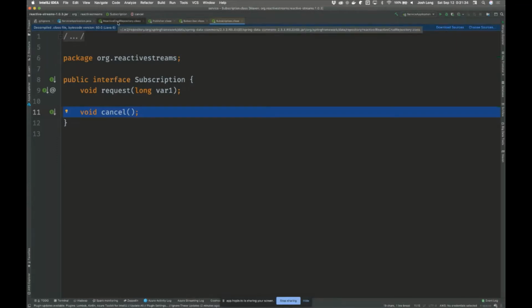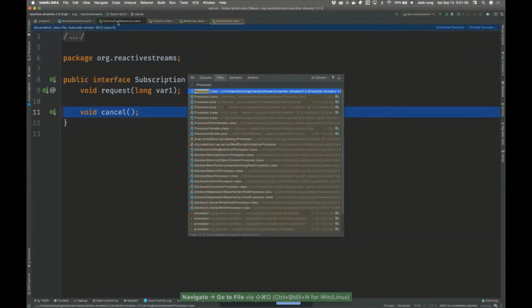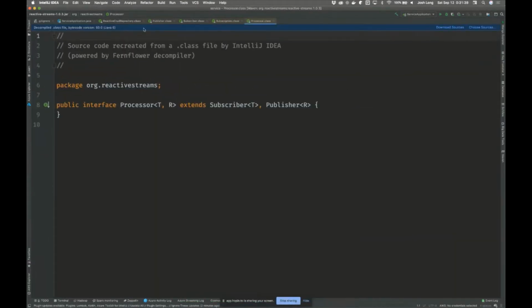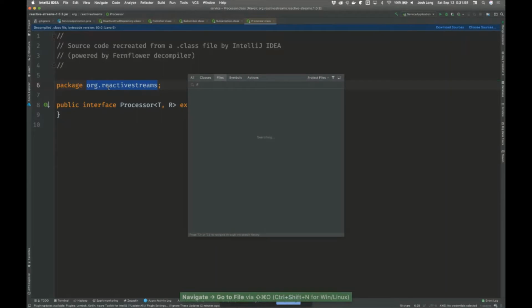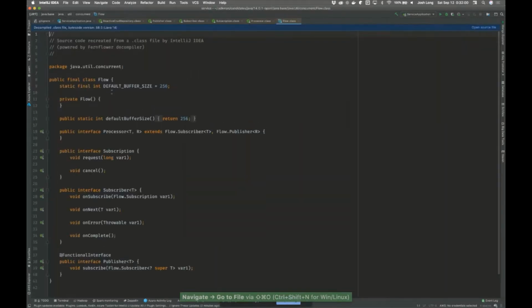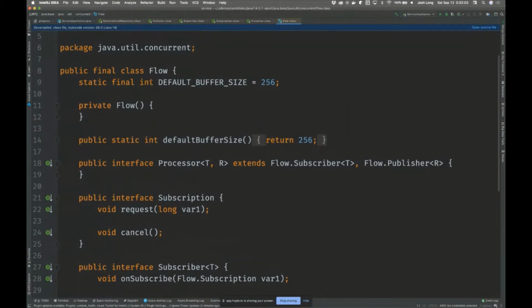Now, these three types are very simple. There's a fourth one called processor, which is a bridge, a source and a sink, and they're part of the reactive streams effort, the effort done by the Spring team, by Lightbend, by Netflix, by the Eclipse Foundation to build a better component model for building reactive applications. This was done years ago, and it's now actually such a useful thing. It's so common, in fact, that it's now part of Java 9. So you can see java.util.concurrent.Flow.Processor, Subscription, Subscriber, etc. So these are the same types with different packages, and they're interchangeable.